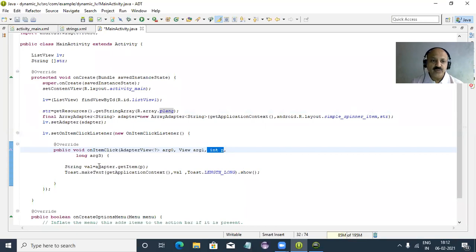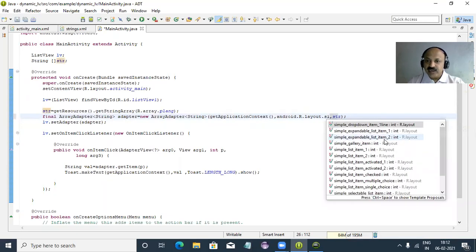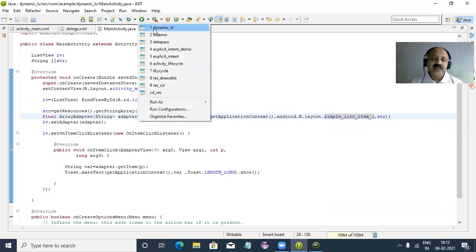So that is p for position, or we can say pass the position, getItem, that is an adapter class method, the ArrayAdapter object's getItem, and getItem returns a string value. So we can take the value in a handler and print it in the Toast class, because that is a string. So yes, let us check. Last time I used it as before, that is simple item one, that is the best choice, but it is not supported, meaning it does not display our item. So I run again.